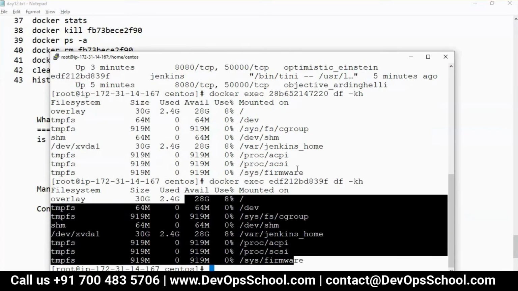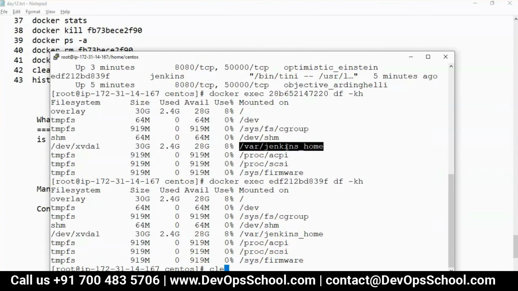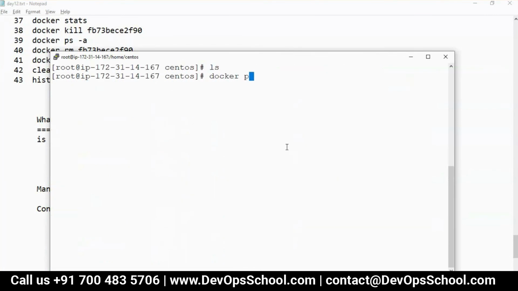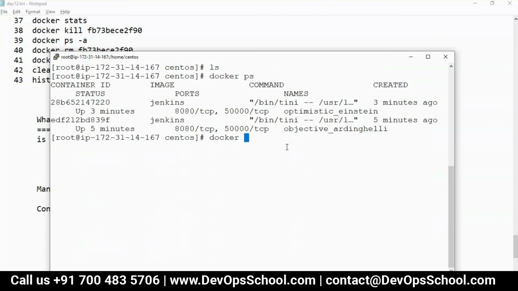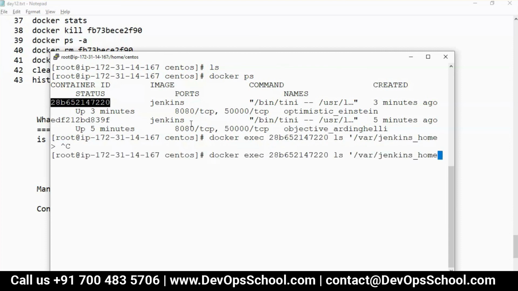Let's understand that. So Jenkins home, I am going to display this. Docker exec, this container. What do you want to execute? ls. See that.